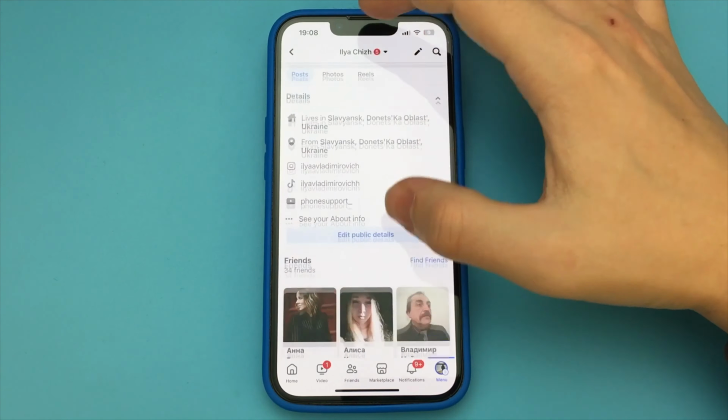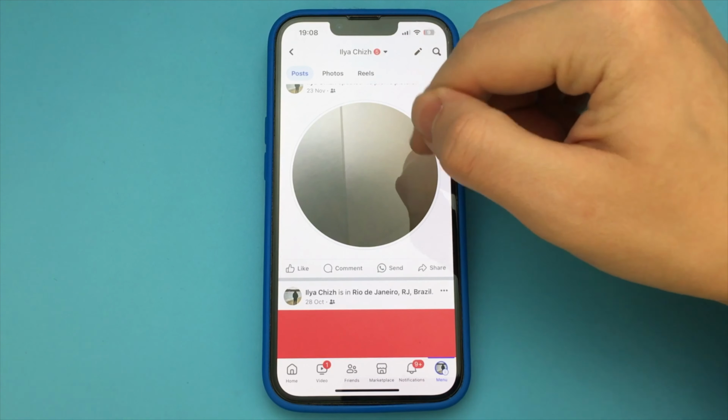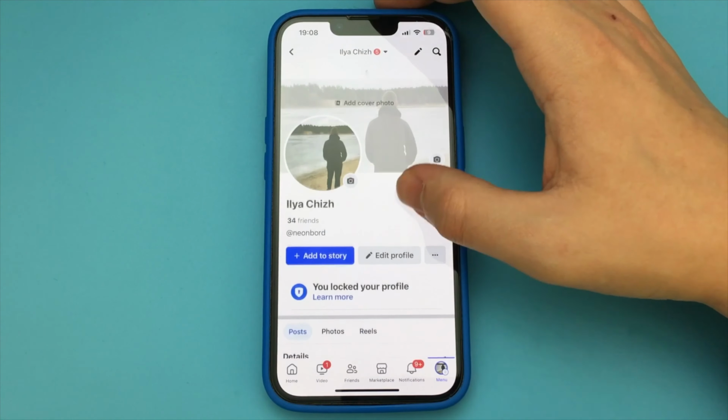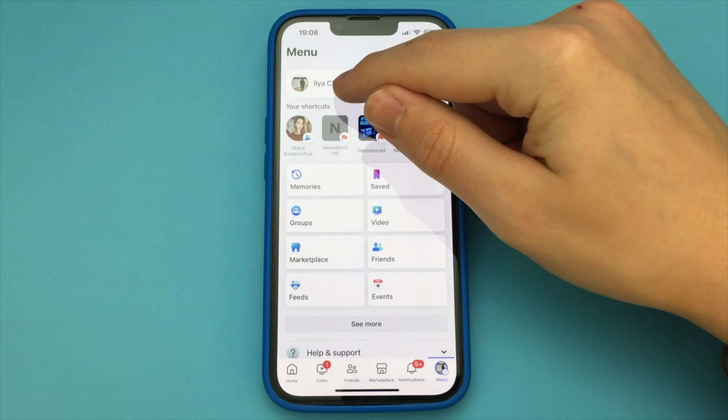Thank you. In this video I want to show and tell you how to pin a Facebook publication. To do this you will need to go to Facebook. You have there, for example, some of your posts. You open your account if you have a list of your posts, and you want to pin any of these posts to be in the first place. How do you do it?